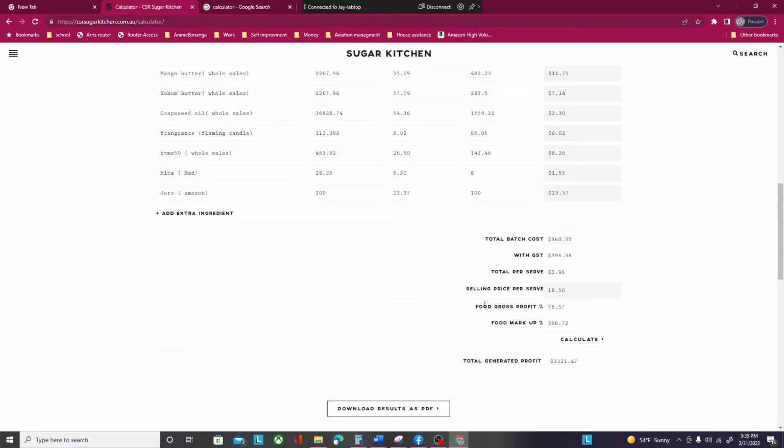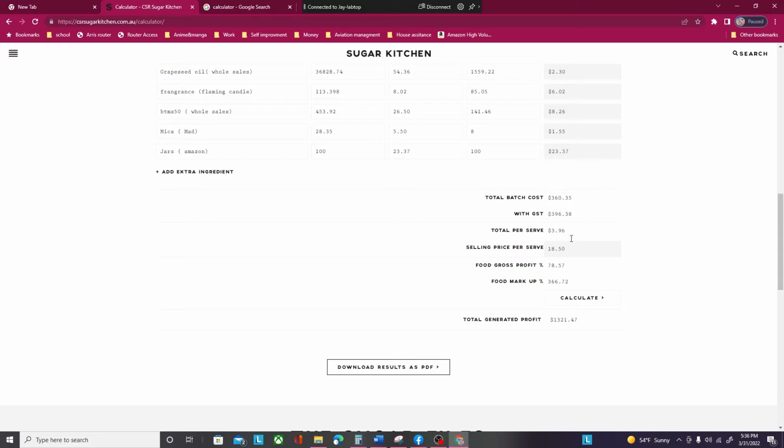So once you put in your selling price, and this part is entirely up to you, since you know your total price per serve, you can play with these numbers. With your customers, you can look up the market, see what other places like Sephora or other competitors are doing. With that, you can try to price your stuff around that area, or you can go